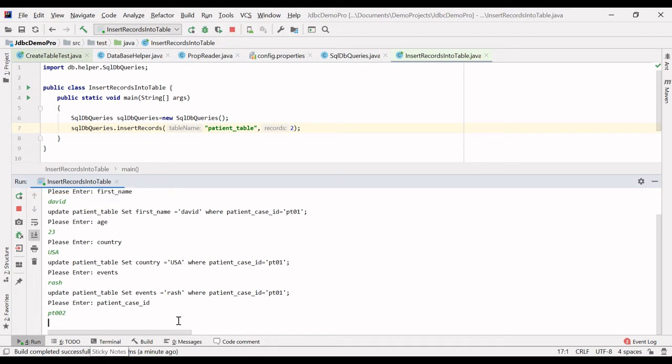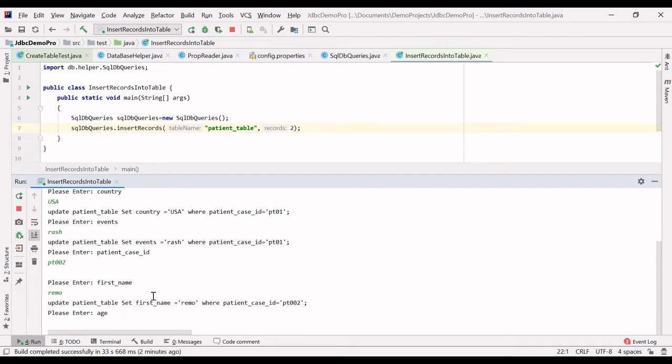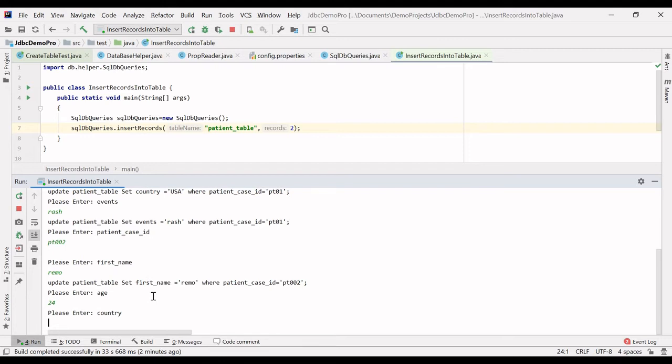Okay, and the first name, you can give any name, demo, age, country, IN. This is the country code, India.